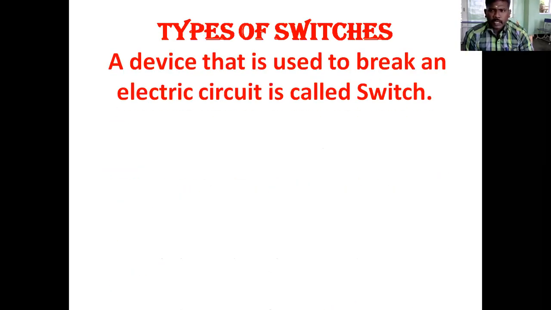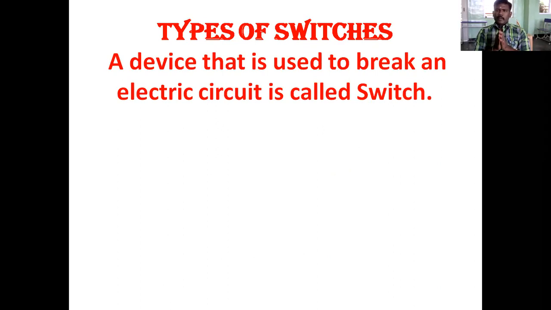Next one, types of switches. There are a variety of switches we use in our household connections. In our TV we use different switches, for a refrigerator and for any of the electrical devices. For each and every device we use a different shape of switch. In our bike also we use switches for the light, and for the alarm machine we use a different shape of switch. For what purpose are we using that switch?